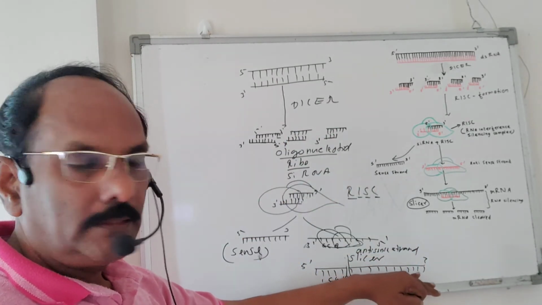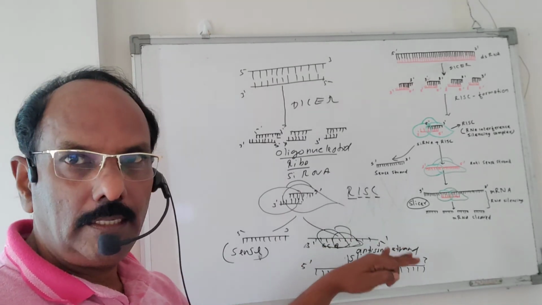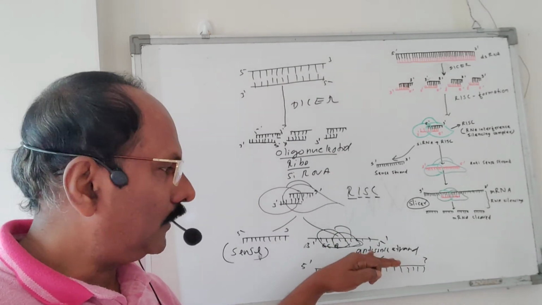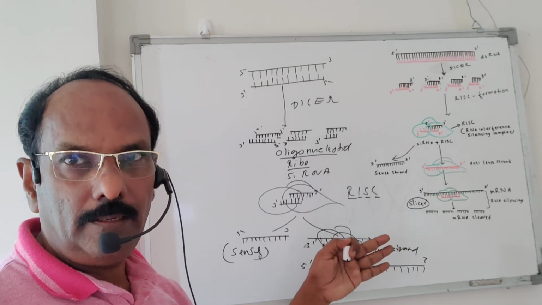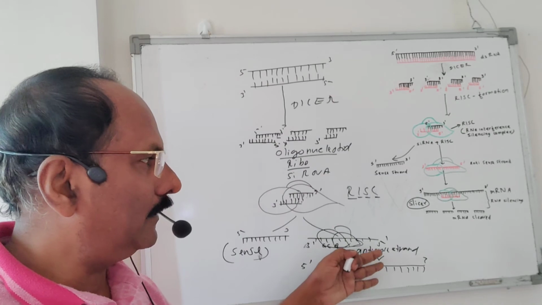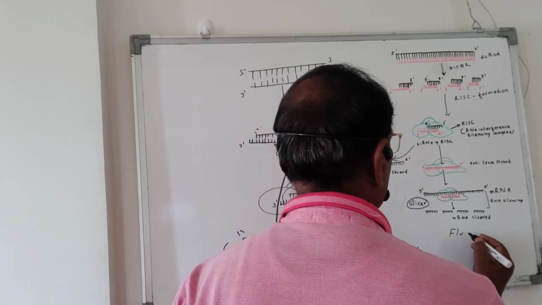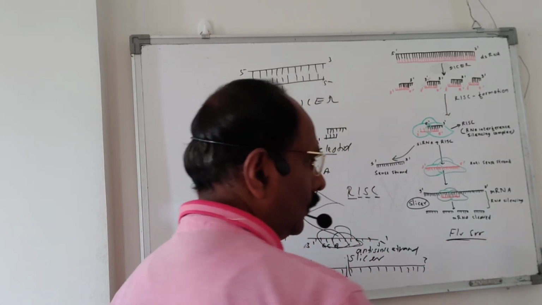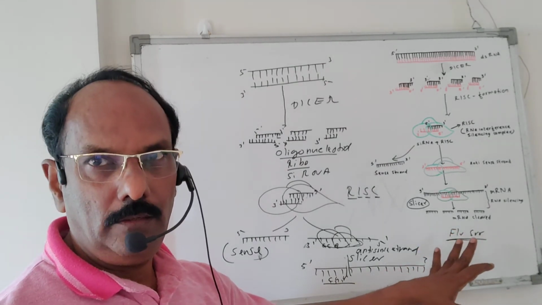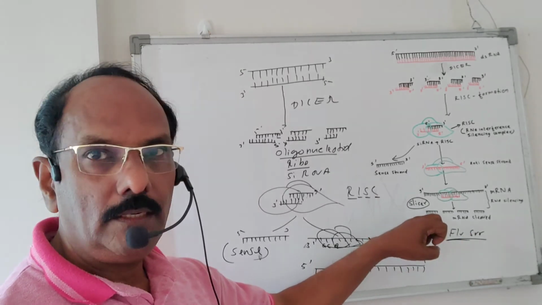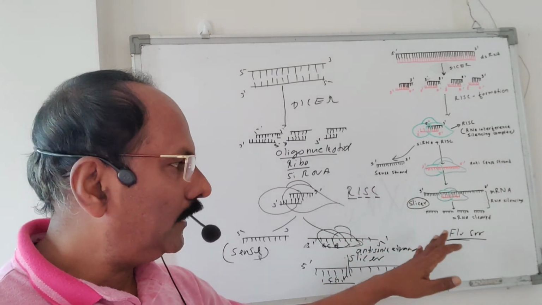post-transcriptional modification. This secret is nowadays used in biotechnology processes, in different pathological labs, even in cancer treatment, and also for producing new varieties of plants and vegetables in the agricultural field. For example, a simple example I will take is a tomato. Nowadays, a particular tomato is prepared that is known as the flavor saver tomato. The property of the flavor saver tomato is that it cannot decay immediately. The shelf life of the flavor saver tomato is about 6 months or more, because it cannot decay easily.